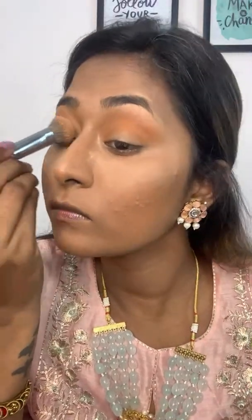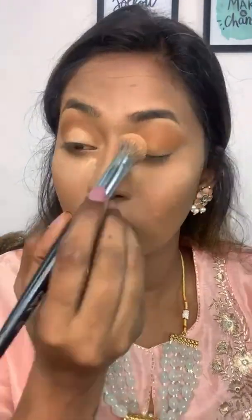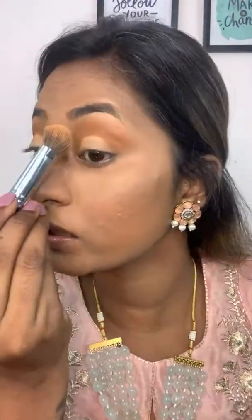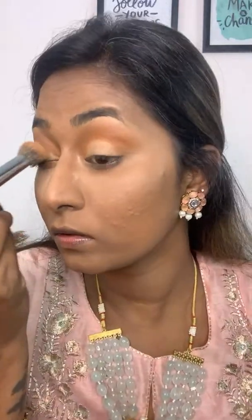Now I'm just gonna take a little bit of the concealer on my concealer brush and sort of create a negative space on my eyelids. I'm not being precise at all. I'm just dabbing the concealer. But I'm not gonna take this concealer above the crease. I'm gonna keep it under the crease. So once I'm happy with that,